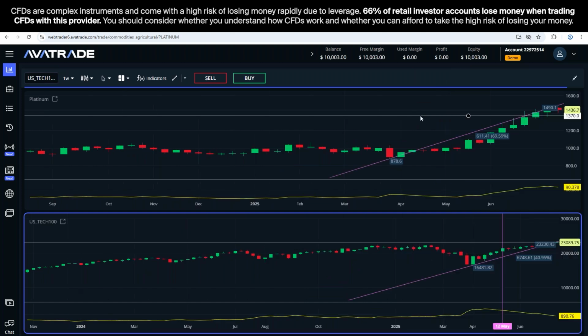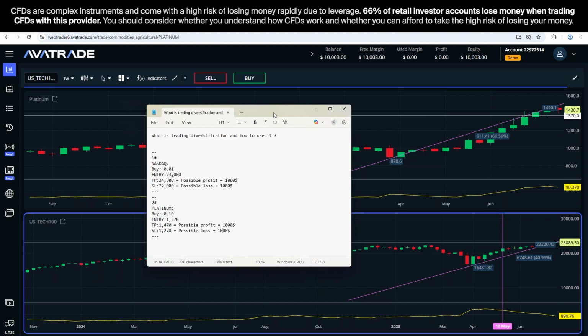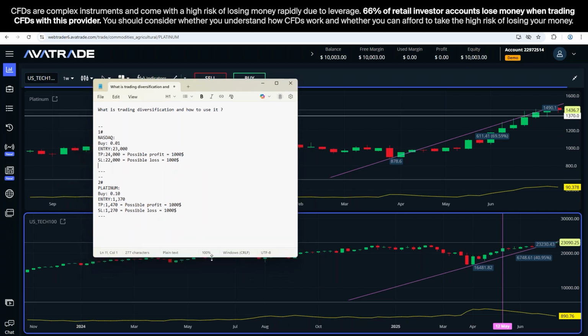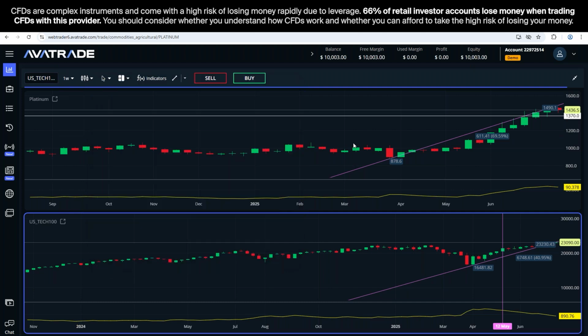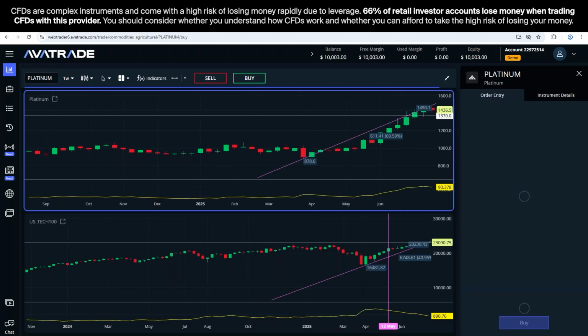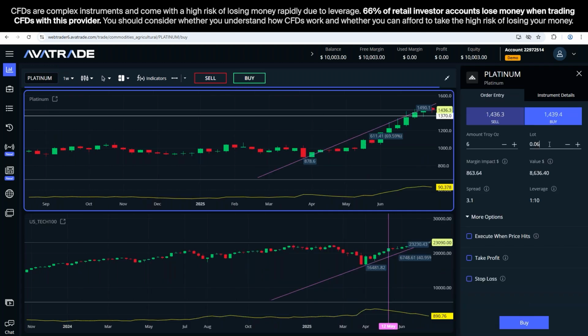We have the first position we had at the bottom with NASDAQ here, and we also have Platinum in here. One more thing I wanted to also jot down: that was the margin impact, and the margin impact is imperative for me to know, making a comparison of which instruments to trade. So we'll quickly click here on buy, we'll set the numbers that we had,